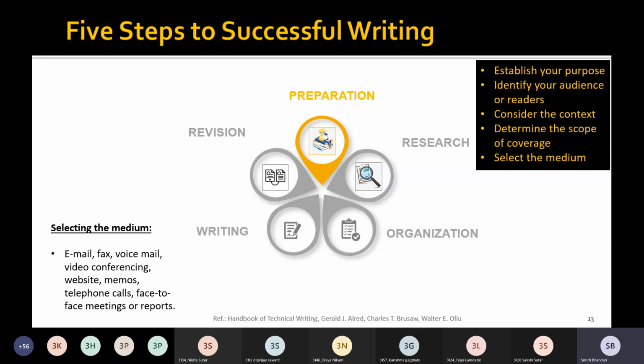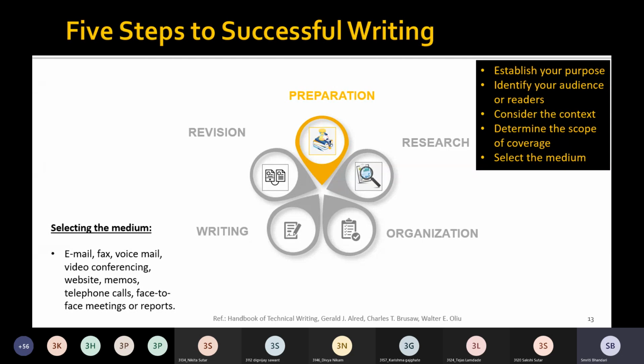Then the better communication medium would be posting such documents onto the company's intranet site so that all the employees will have access to it, and frequent revisions are also possible, right? So depending upon the nature of the task, you are supposed to select the appropriate medium.